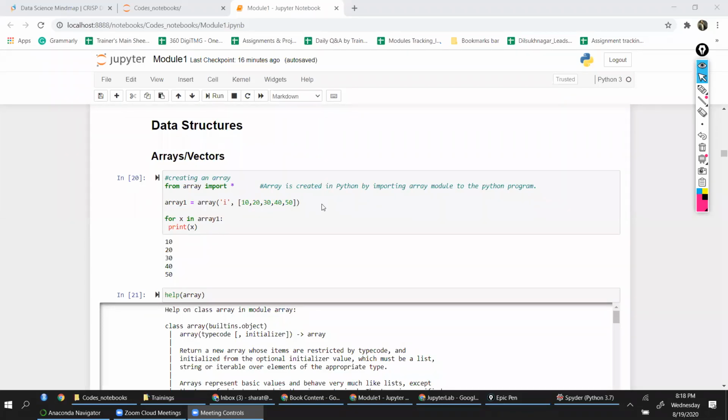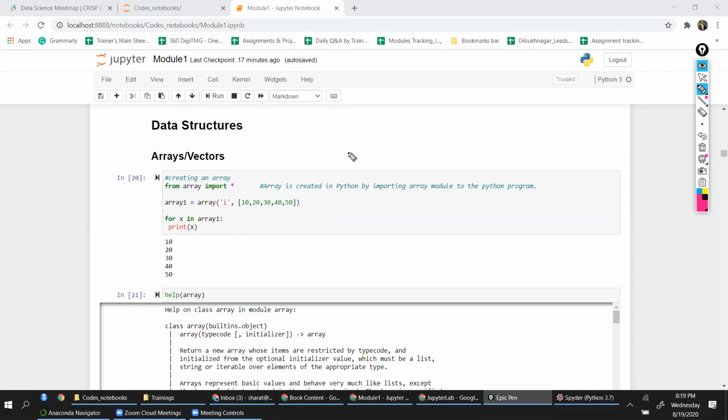When we take a one-dimensional array, we get vectors. A vector is data which can hold only a single data type. If you have integers, you will have only integers. But in order to define an array, we have to use a special function called array to define that this bunch of values that you're putting are arrays.